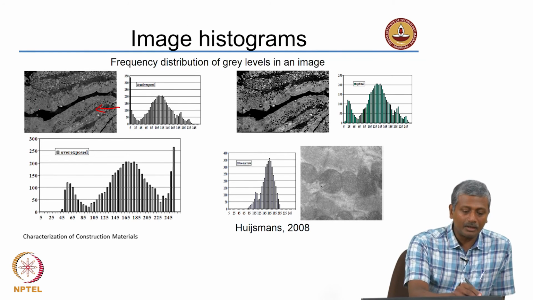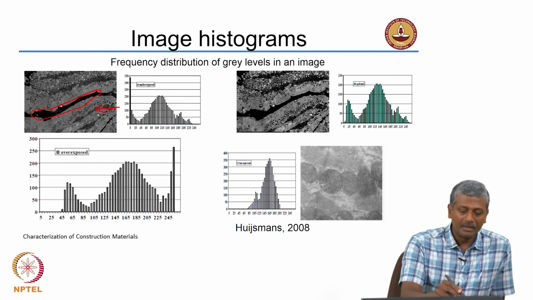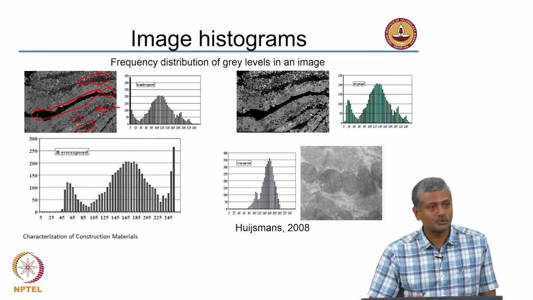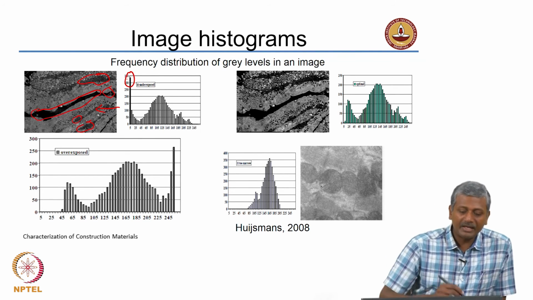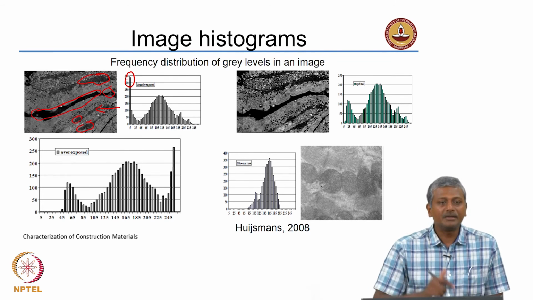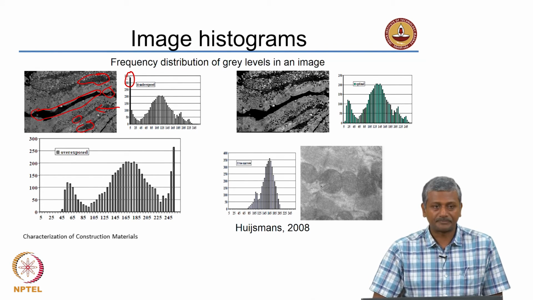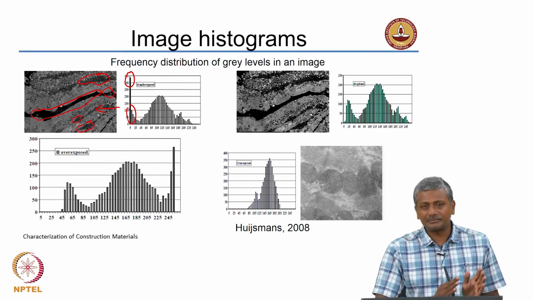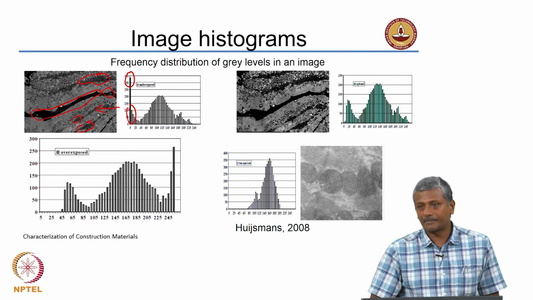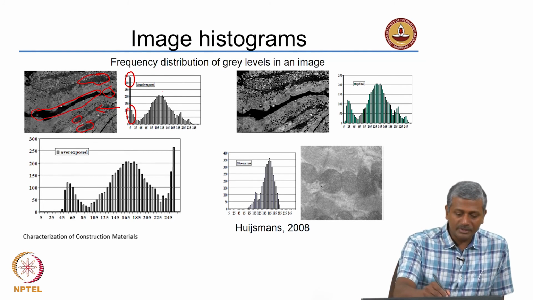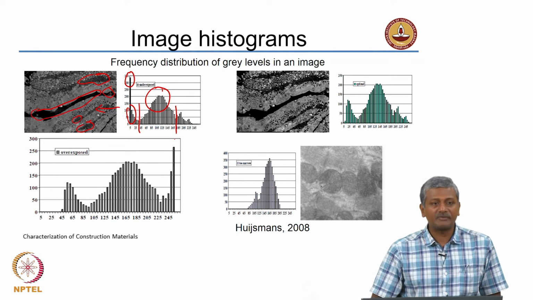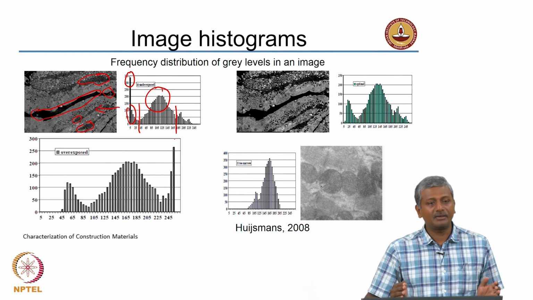Here you can see a large black region is present in the middle, and there are also certain other black regions present elsewhere. So, obviously that will have a gray level close to 0. So, you do have a very high number of points where the gray level is close to 0. You also have several points where the gray level is not necessarily 0, but not too far away from 0. And then you move to this particular region which seems to have a peak at a certain number of gray levels. So, you have a distribution of gray.